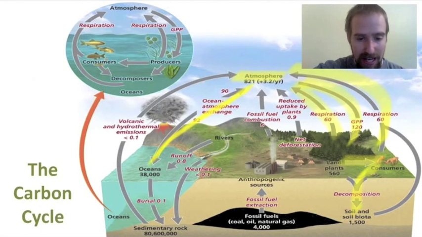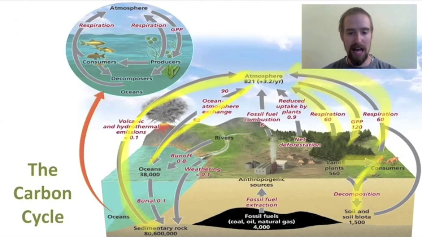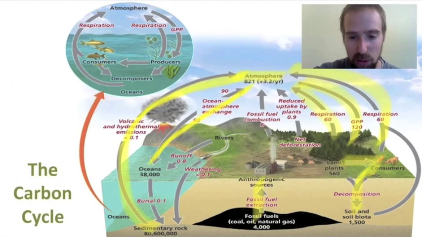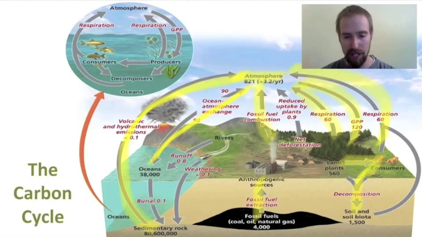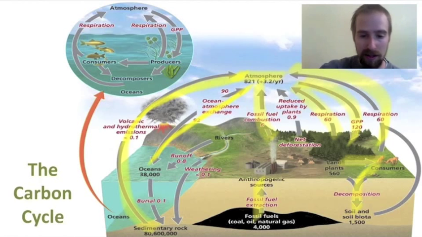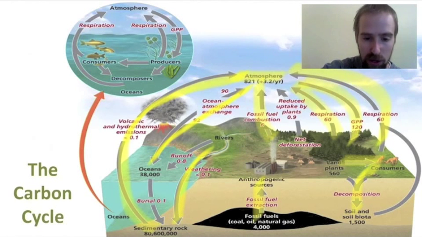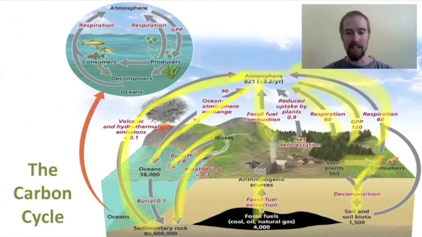Sedimentary rocks contain a great deal of carbon, and that stuff can be released into the atmosphere through volcanoes and hydrothermal emissions, and then humans can dig up that carbon in the form of fossil fuels, and then as we burn those fossil fuels, we put that carbon back into the atmosphere as well. A little carbon also gets moved around by way of weathering and erosion and by runoff, and it leaches out of rocks and things like that, gets dissolved in water and carried out in some river somewhere.